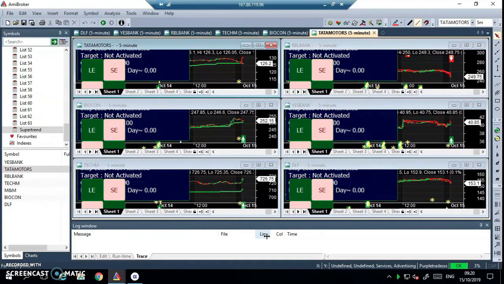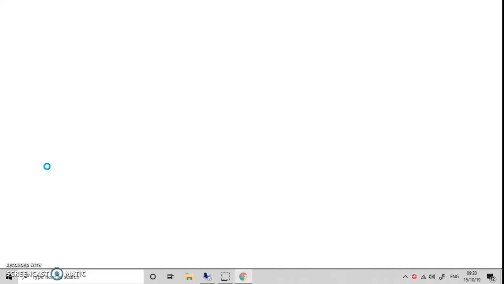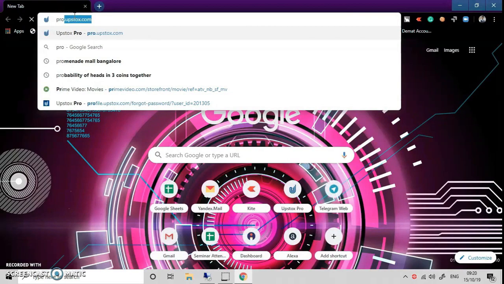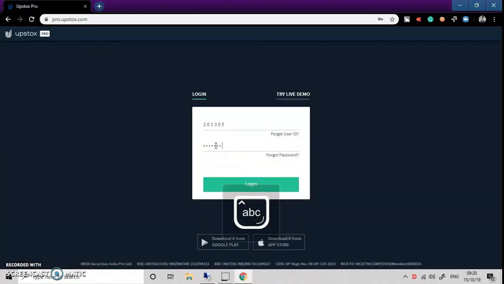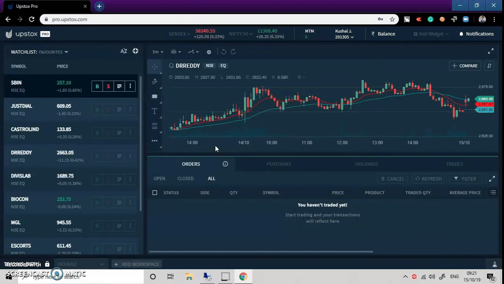So we'll wait for 9:25, until market goes to 9:25. To cross check whether the orders are getting executed or not, I will log into my Upstocks trading terminal, also web-based trading terminal, by going to pro.upstocks.com, and here you can see right now there is no orders because we are starting fresh. There is no positions, there is no holding,